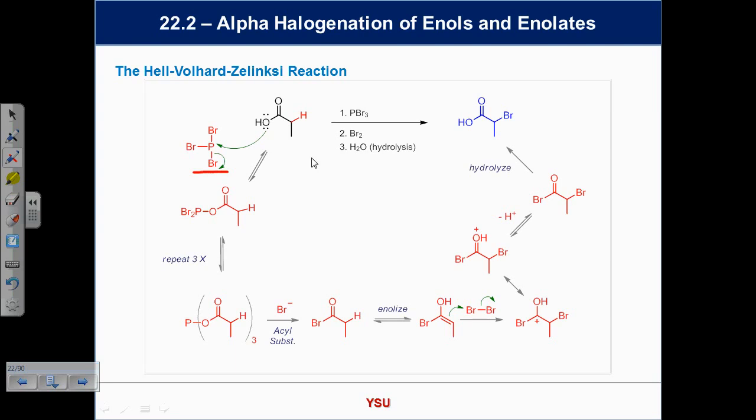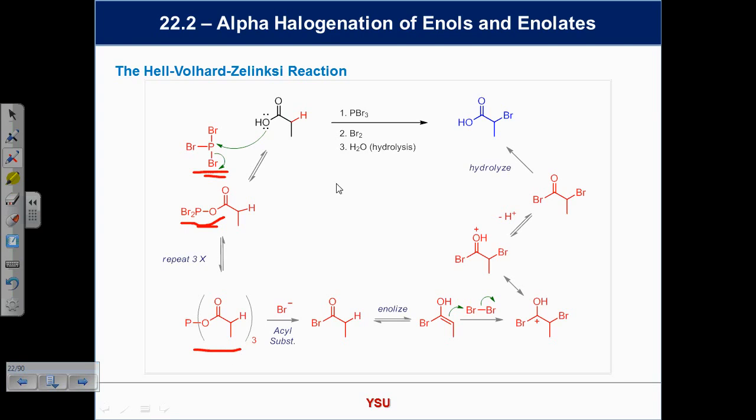The Wittig reaction being the best example of that. So an oxygen-phosphorus bond gets formed, Br- comes back off, and we end up with this. So we've activated this as a leaving group. This guy here now is going to be a good leaving group. And if we do that 3 times on PBr3, because we have 3 bromides, we can replace 3 of them,